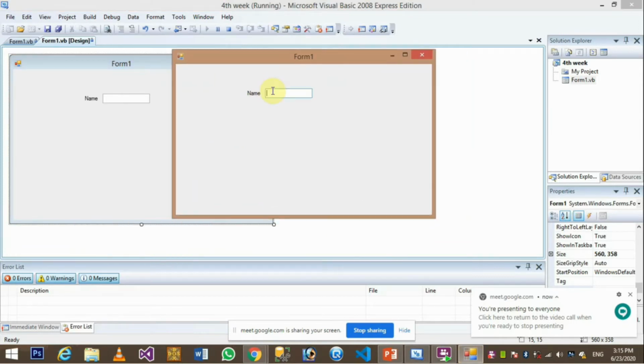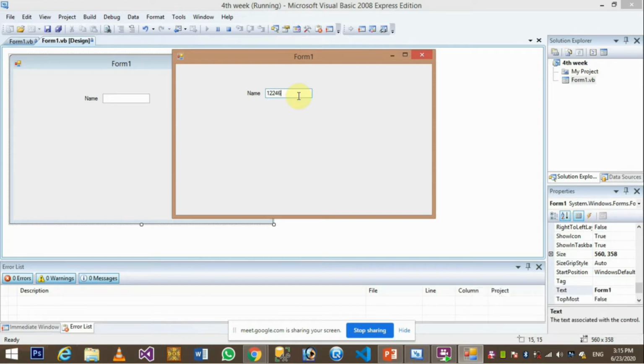So here I can write anything I want, right? Maybe if this name wouldn't have been written here, the user would insert anything here, right? But this is not the valid data. So in order to validate this data, in order to correct this data, we have written the label name. So now any name can be written here.